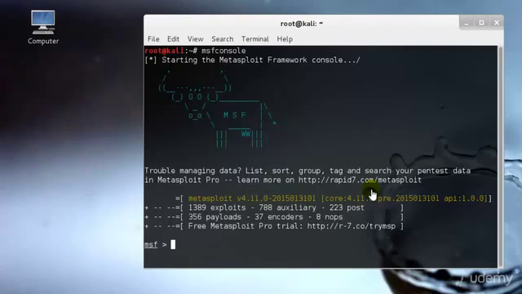So expanding on payload types in Metasploit. I have briefly covered three main types, that is singles, stagers and stages. Metasploit contains many different types of payloads, each serving a unique role within the framework. So let's take a brief look at the various types of payloads available and get an idea of when each type should be used exactly. So let's start with the